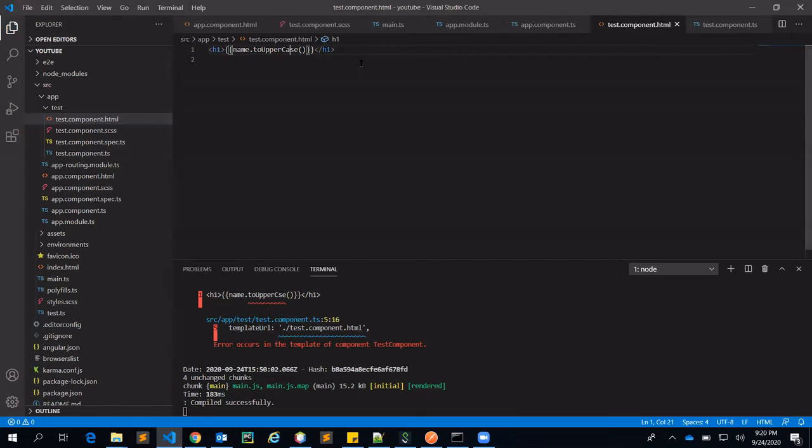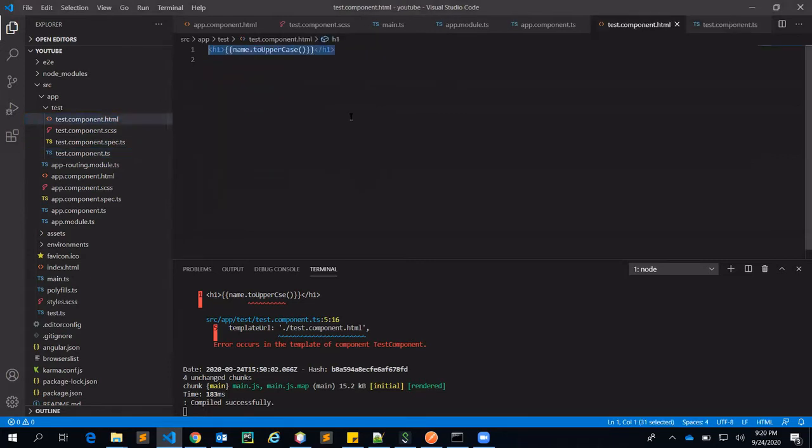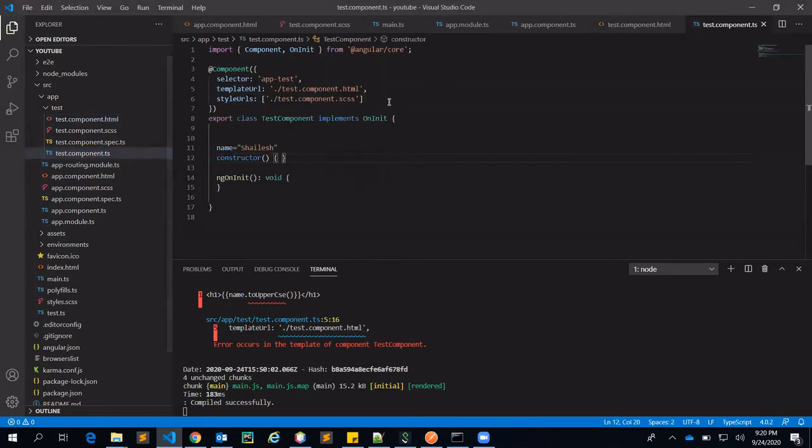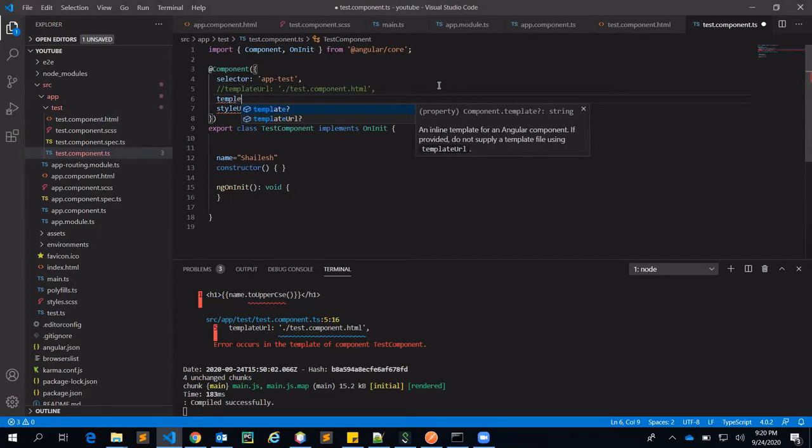Now one more thing I want to explain. If you declare any kind of variable here, and you have a small piece of code, and you have to switch between the .html file and the .ts file, you can write the same piece of code here. Instead of going to this template file, you can just comment this out, and here you can write your template.